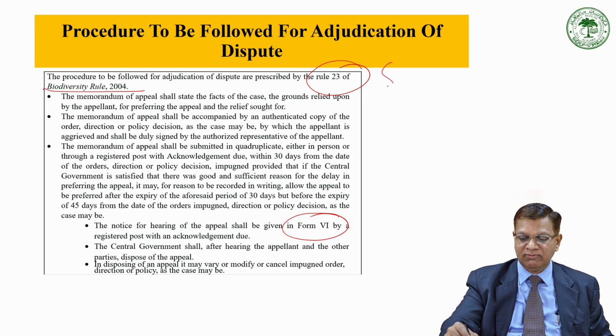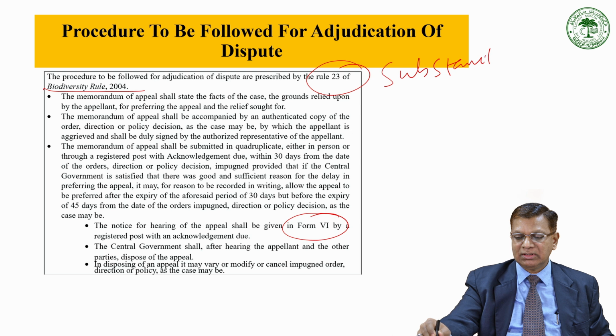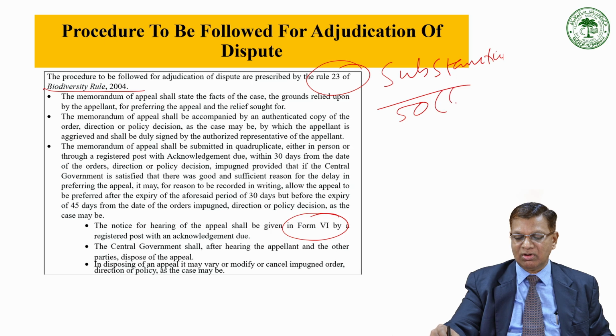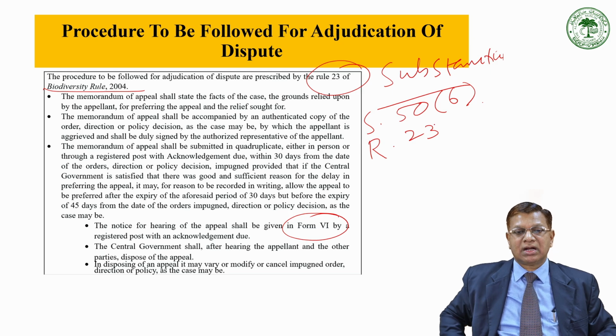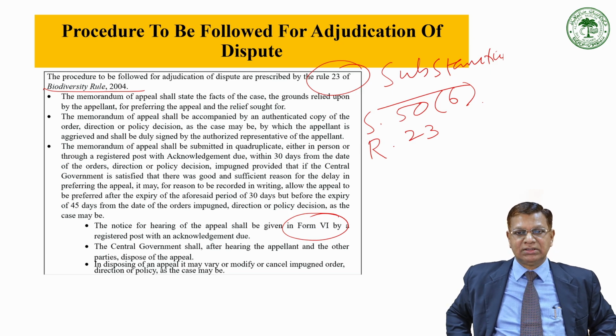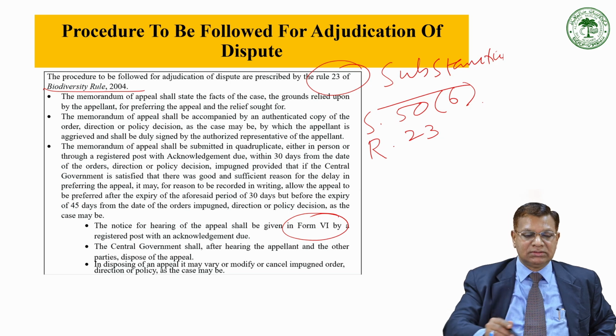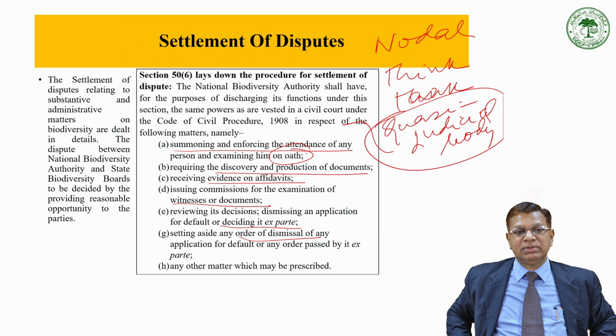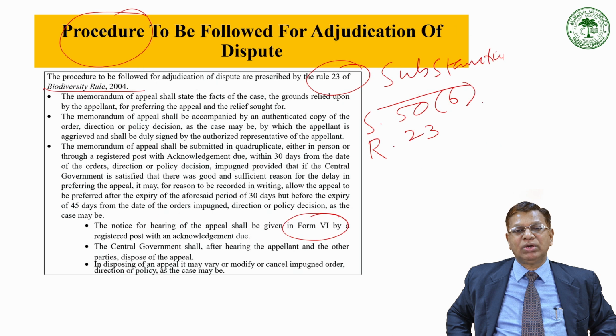So, the substantive version of the biodiversity dispute has been laid down under Section 50, subclause 6, whereas Rule 23 tries to give a procedural version of the adjudication of the dispute. In case, whatever has been laid down under Section 50, subclause 6, and whatever has been laid down under Rule 23 of the Biodiversity Rules 2004, if the appellant remains